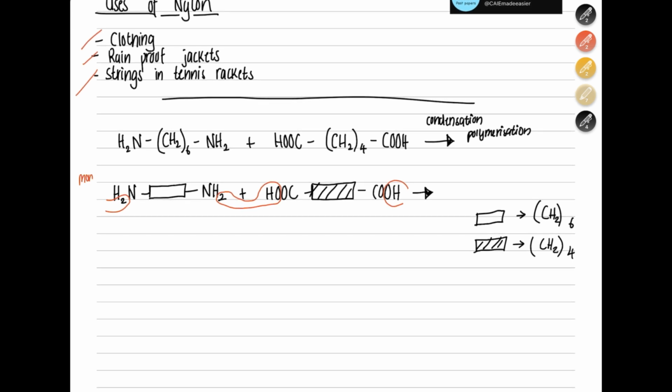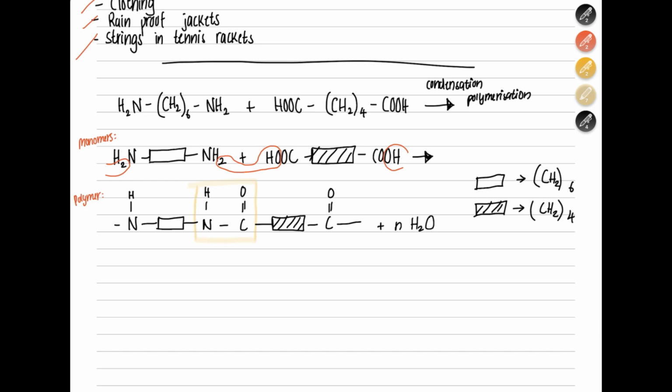These are our monomers, and our polymer would be NH, and then here, and then NHC double bond O, then another box, C double bond O, and so on, plus NH2O. Now I want you to know this thing, that